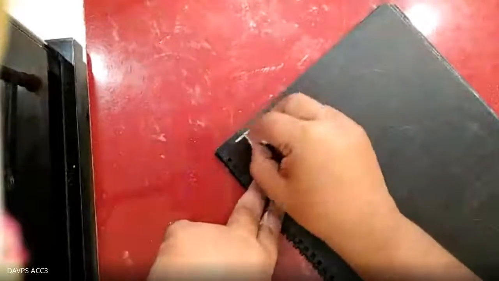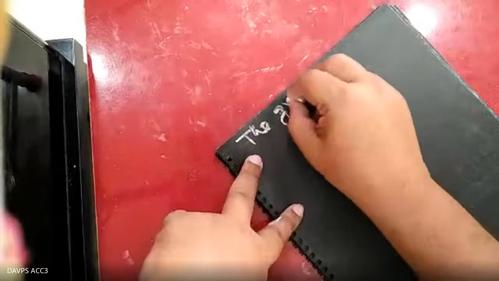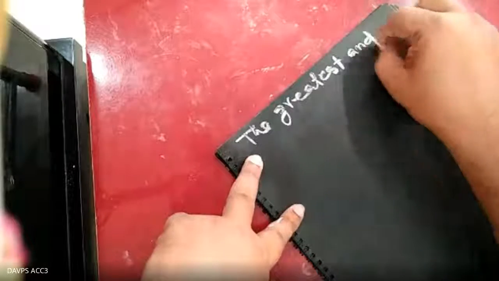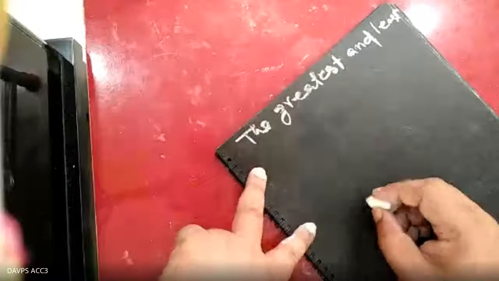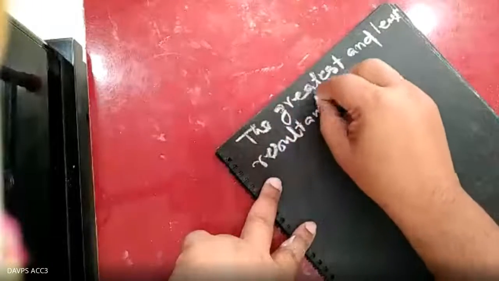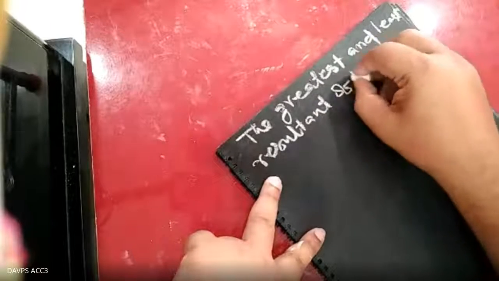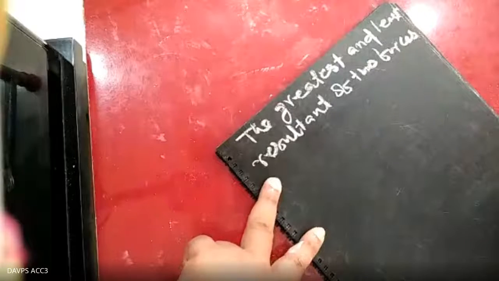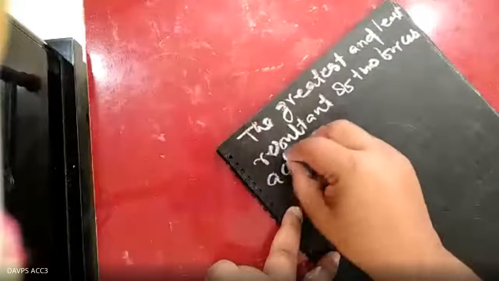I'm writing the question also, and in that period you write it. The greatest and least resultant of two forces acting at a point are